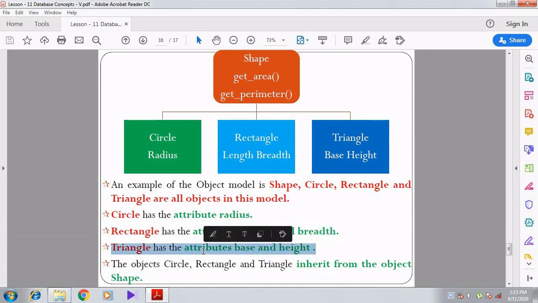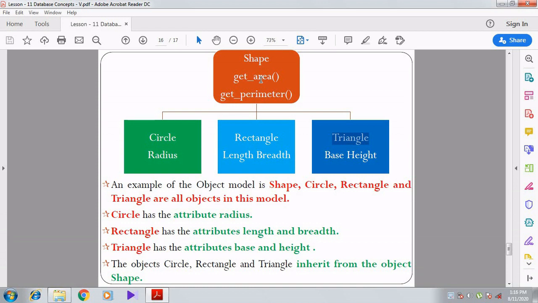So here these three objects, circle, rectangle and triangle, all these objects inherit the characteristics from the object called shape. Circle, rectangle, triangle, all these objects inherit the properties from the object called shape. For example, you can take a simple thing. A child inherits the characteristics of the parents, of the father, of mother.